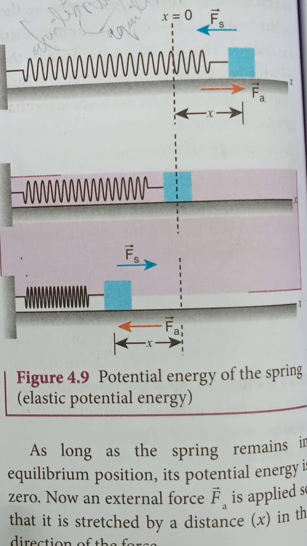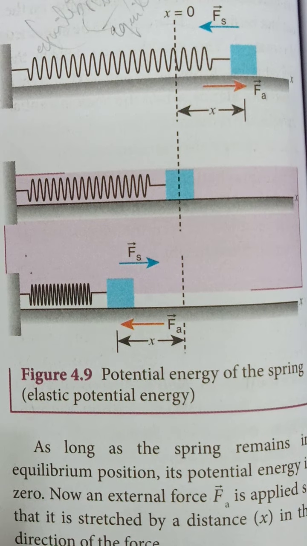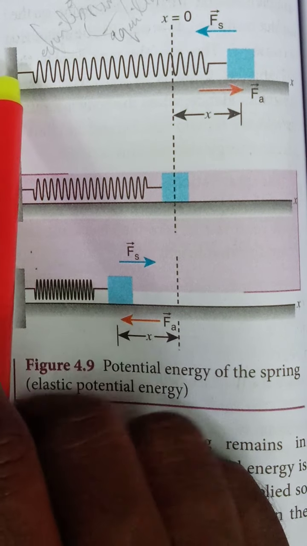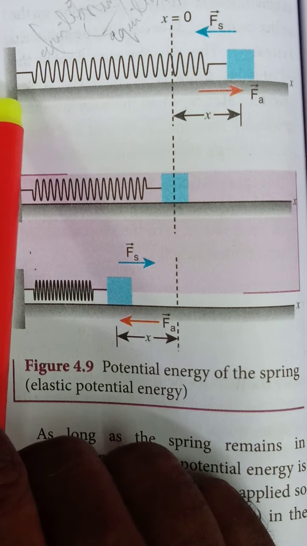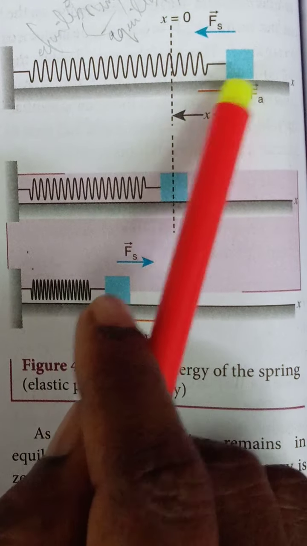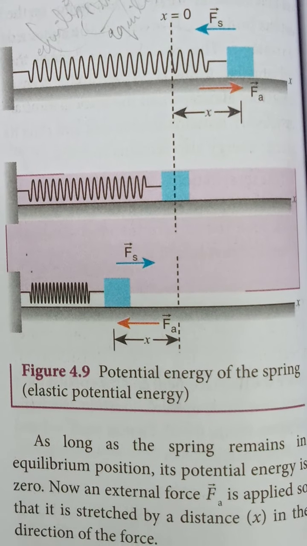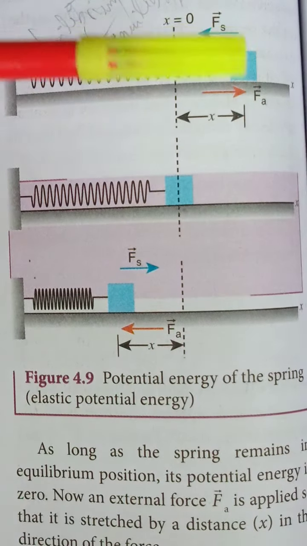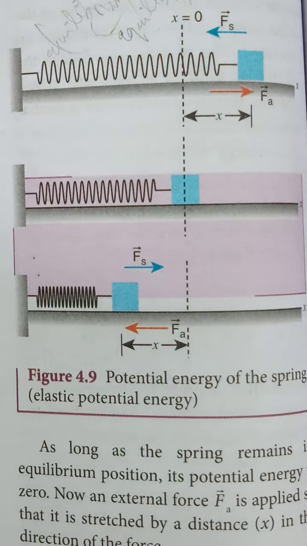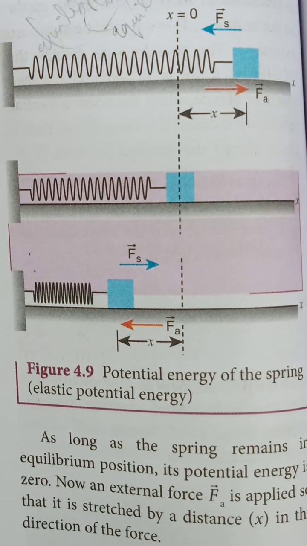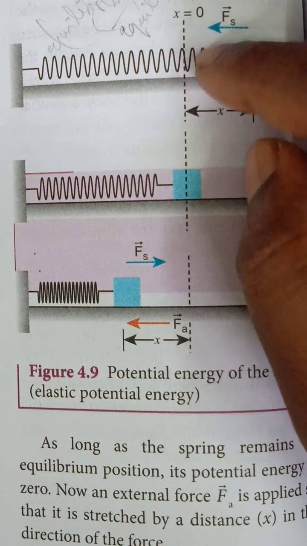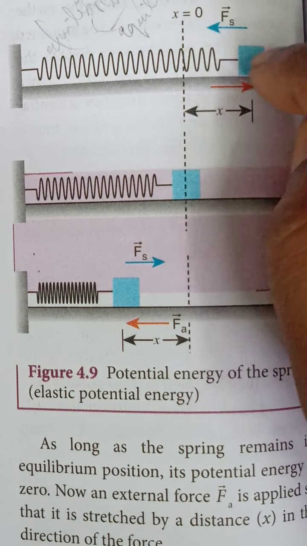Next topic is elastic potential energy. Now taking a spring, one end is attached to a fixed, rigid support, like a wall. Then the other end of the spring is attached to the mass of the object m. This dot indicates what is called the equilibrium position. When a spring is elongated, it looks like this. This is the meaning of elongated. It develops a restoring force. When the spring is elongated, it develops a restoring force that brings the spring to the normal position.